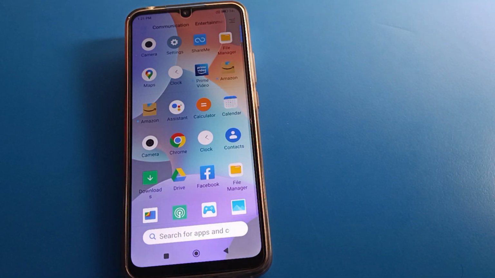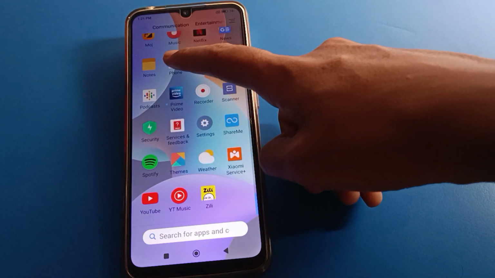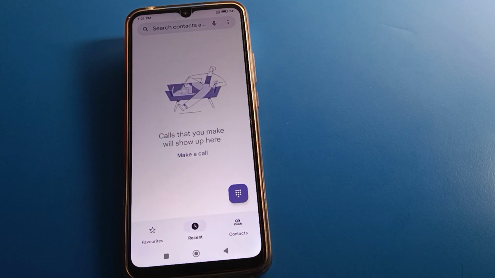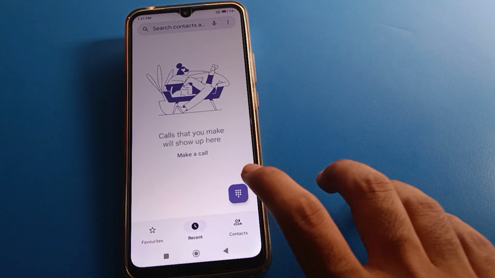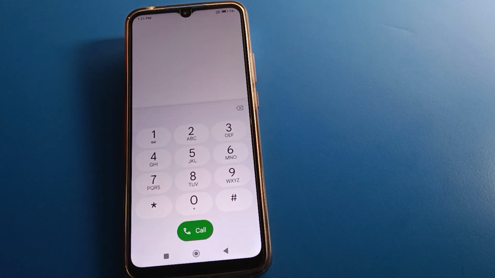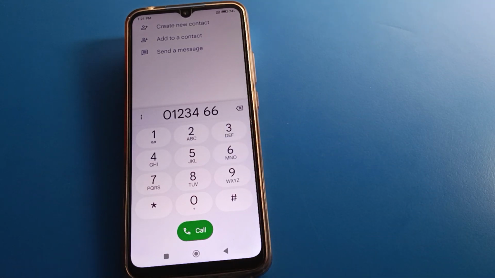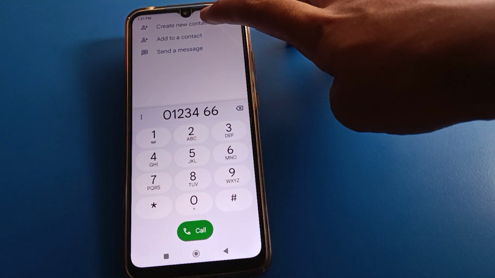Friends, open the call settings on your Redmi mobile phone. After opening the phone call settings, you can see this type of interface in your Redmi mobile. So friends, click here on the dialer and enter the number which you want to save. For example, this is the number and you want to save it in your Redmi mobile. So how to save the number? Friends, click here, create new contact